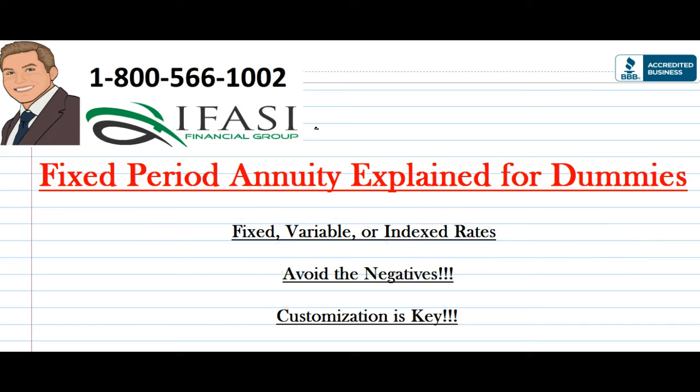You have hundreds of different carriers, and each carrier has their own nuance, their own specifications on what products they offer. So if you have hundreds of different companies, and each company, let's say, offers 3 to 5 different types of product lines, there's no guarantee that one's going to be the best one for your specific situation. You want to make sure that if you're 62 years old and you're looking to retire at age 67, well, then there are going to be perfect offers for your exact situation.